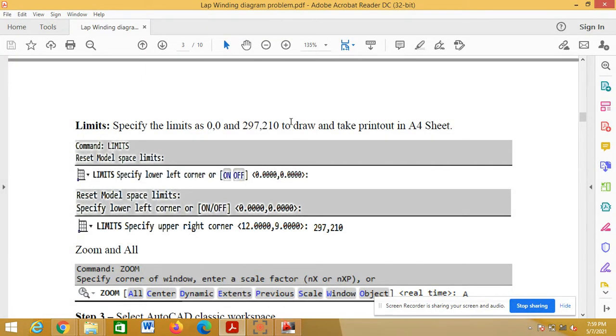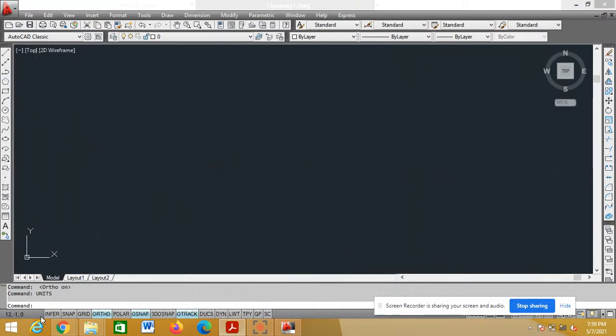Next, you have to specify the limits. Go to the command toolbar. Type limits. Press enter. Specify the lower left corner. Lower left corner will be 0, 0. Enter. Upper right corner, as I told you in the class, we have to choose the A4 size paper.